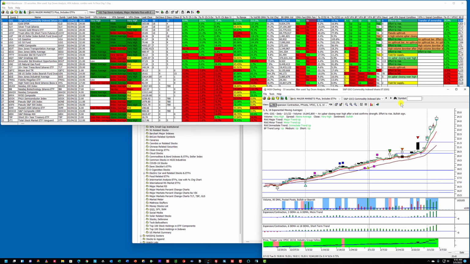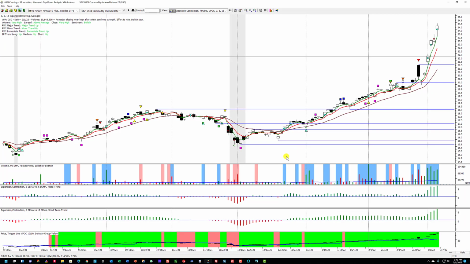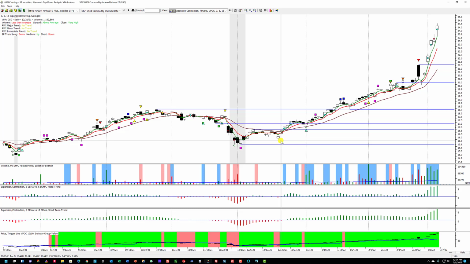So 51 days ago on this commodity ETF, I'll make it full screen. So where was that crossover? Got the crosshair out, and let's see, you can see right here where the 3 crossed the 6, and it didn't look back. Here's a little blip, but look at this. If you look up here,